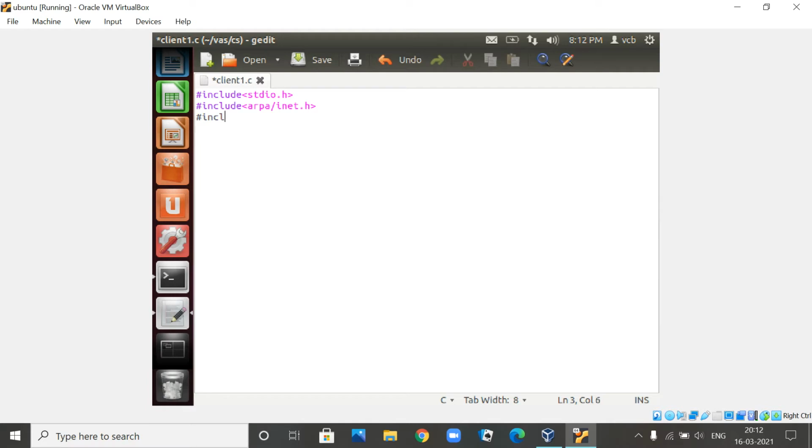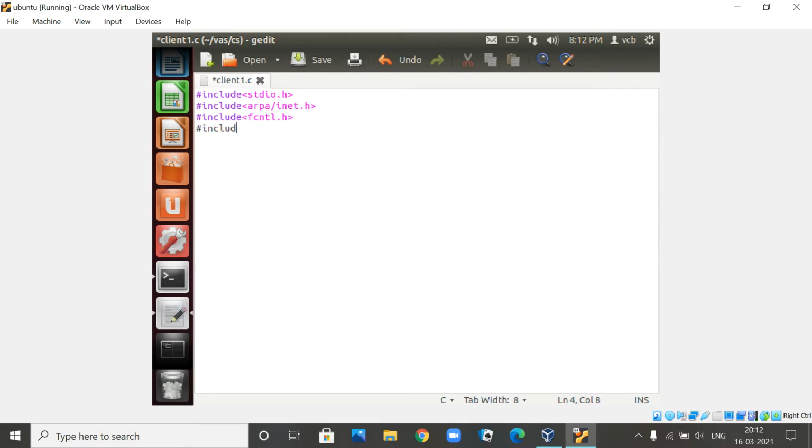Next we are going to include another header file called fcntl.h. This is used for working with some of the network functions. Some of the networking functions are present in this particular header file.